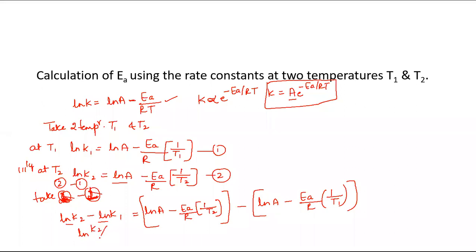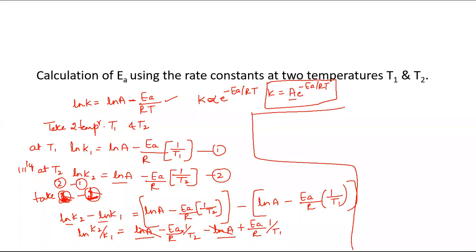What happens? ln K2 by K1 is equal to, just simplifying this, ln A minus EA by R 1 by T2, again into, okay, minus ln A minus into minus plus EA by R 1 by T1. Now just observe here, this is plus ln A minus ln A, both get cancelled. EA by R you can't cancel because this is along with the temperature, and the temperature are not constant, they are variables, therefore we can't cancel it. Okay, I'm going to continue here.